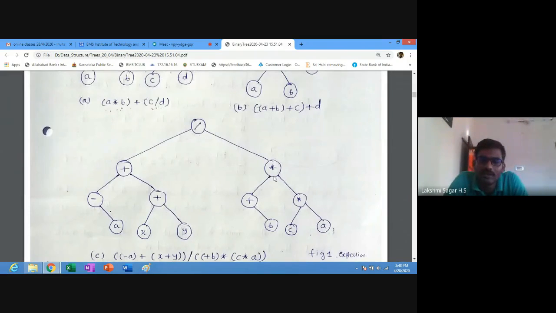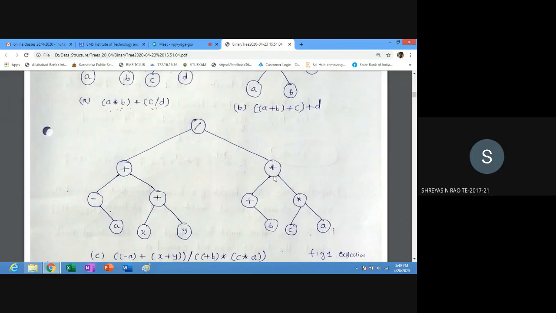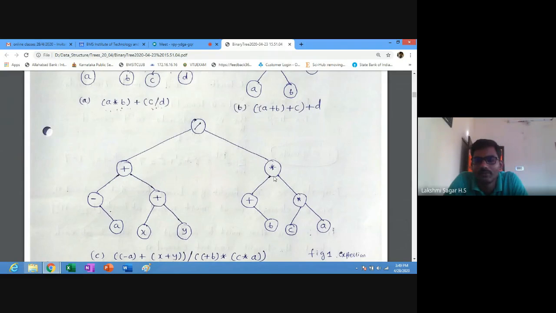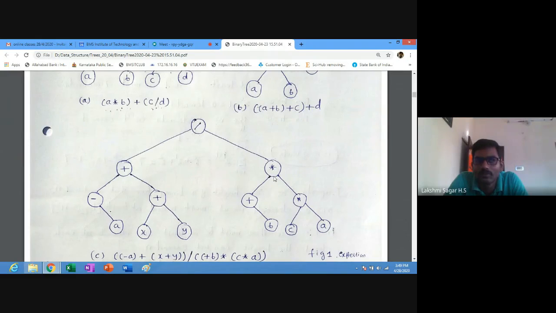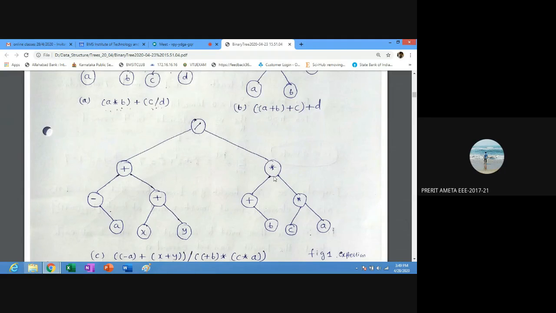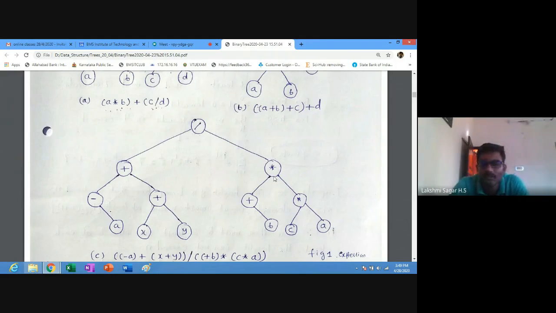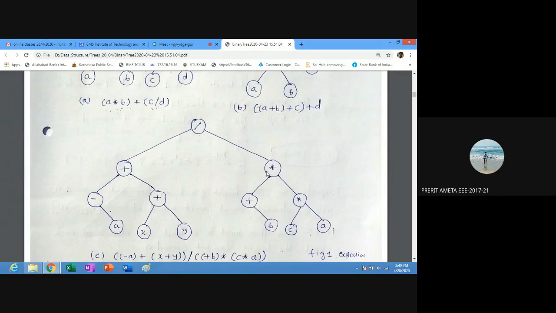So how many elements are there here in the third? 13. So height 4, 2 power 4 minus 1 is 15. 15 should be there, but it is 13. So it is not a full binary tree.